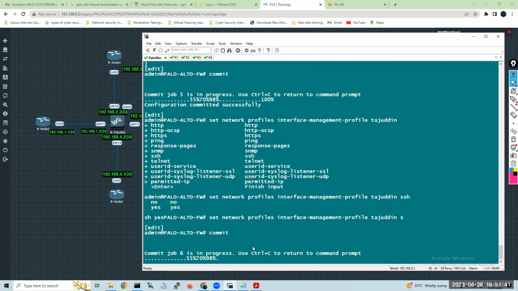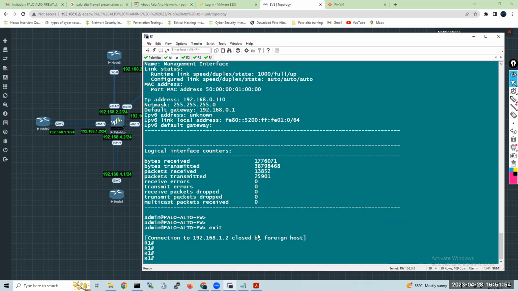I think we have given admin. So ssh -l admin 192.168.1.2, because I want to access my Palo Alto Firewall from my Cisco router.